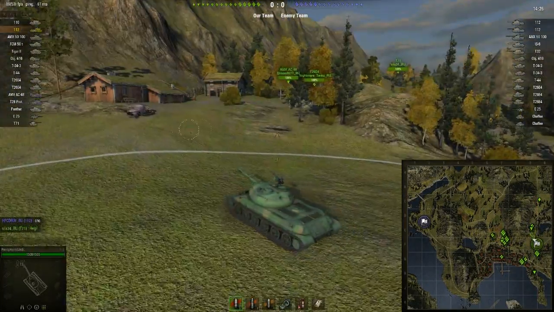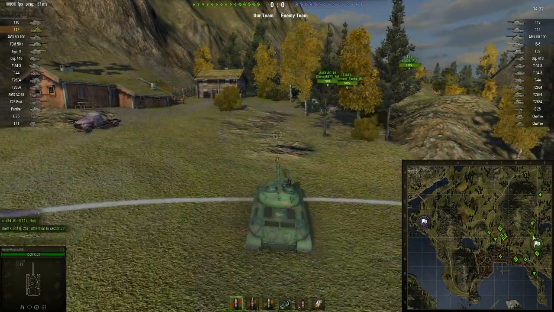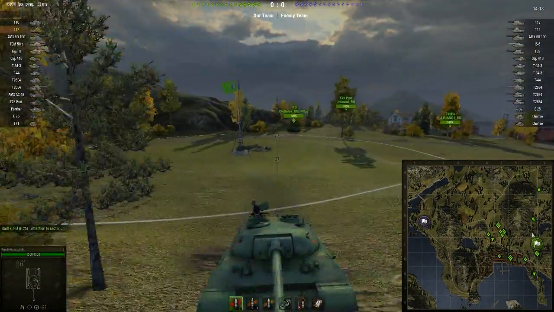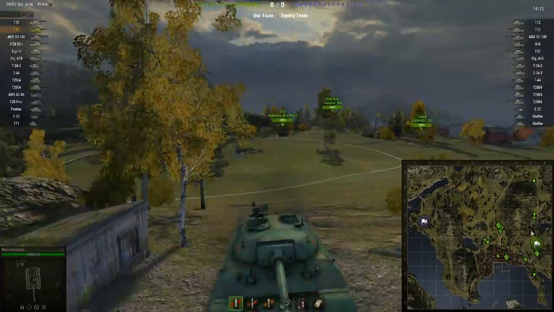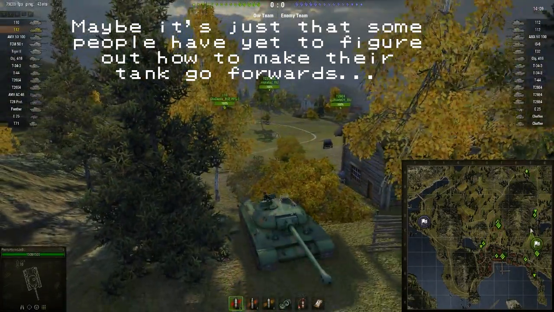Now, looking at the mini-map, I decide I'm going to go up north because I think they're going to need help up there. They're going to need the firepower, if not my extra armour. Yeah, who goes AFK on a test server, for crying out loud? Anyway,